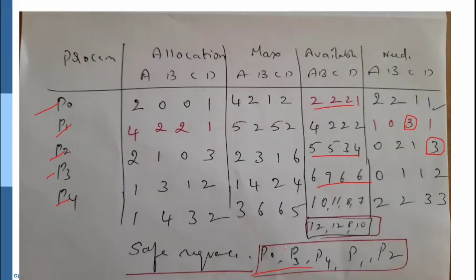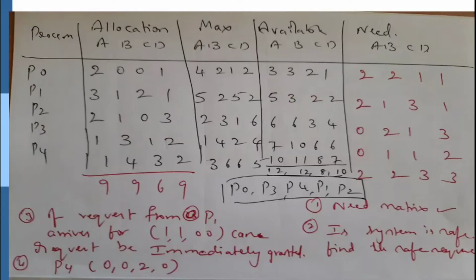So what it says is, whether we can satisfy that condition or not. Yes, for the given request for 1 1 0 we can satisfy, whereas for the given request 0 0 2 0, that is for P4, it is not at all able to satisfy the condition. If we satisfy it, we go to the unsafe state.